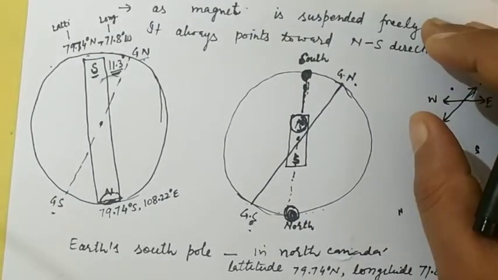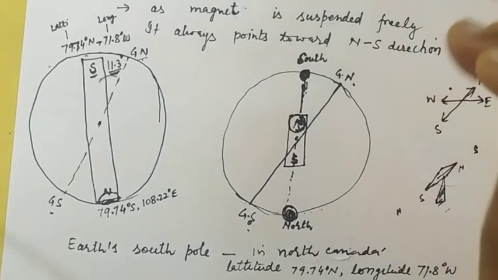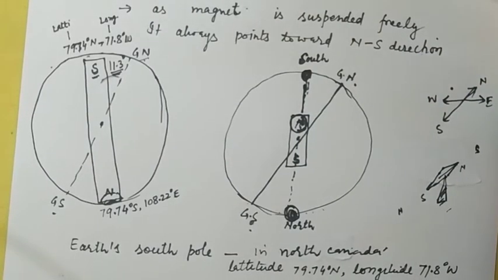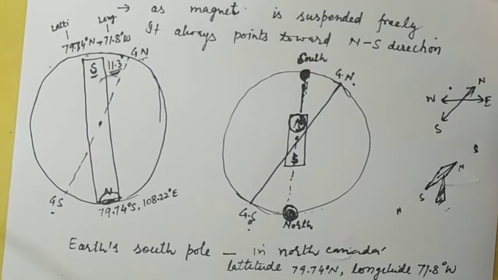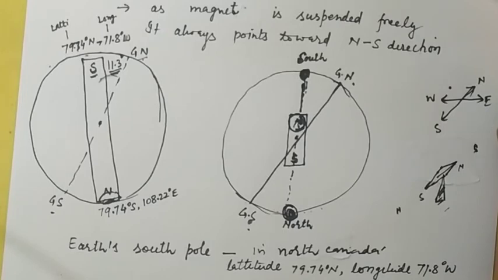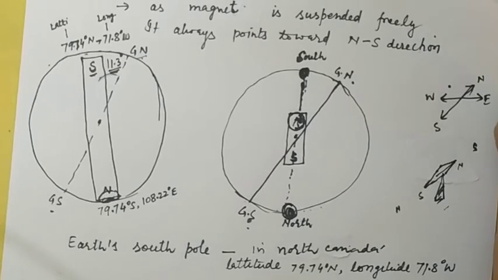Next we will discuss what is the cause of Earth's magnetic field. Some suggested that there is a big bar magnet lying inside the Earth, but it is not the case because Earth's core is in a molten state, so this cannot be possible. Some say that because our Earth's atmosphere has iron, as Earth rotates, the ions also rotate, and this causes a magnetic field.